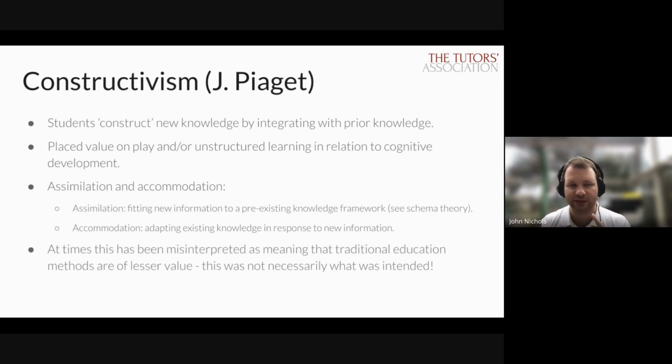Now, the last point to go through on constructivism is that sometimes this has been misinterpreted, and people have used constructivism as a justification for more progressive learning strategies, where they think that the student must only go off and learn by being given complete freedom to go off and make mistakes for themselves. If you take this to its absurd conclusion, you can basically send students off to try and learn the sum total of human knowledge all by themselves. Now, they might be bright, but that's probably a bit of a tough ask.